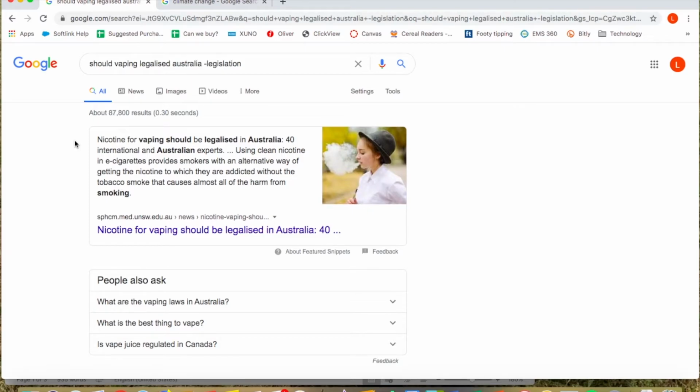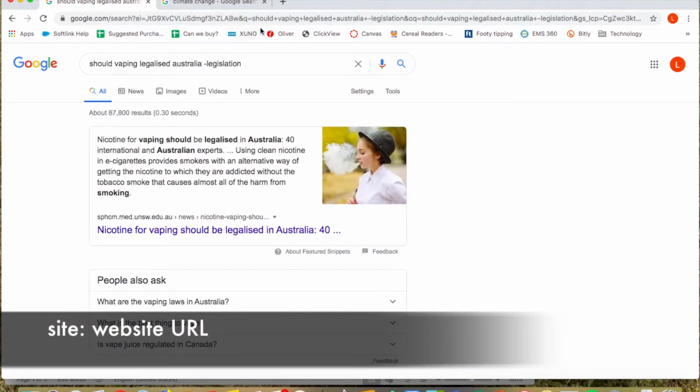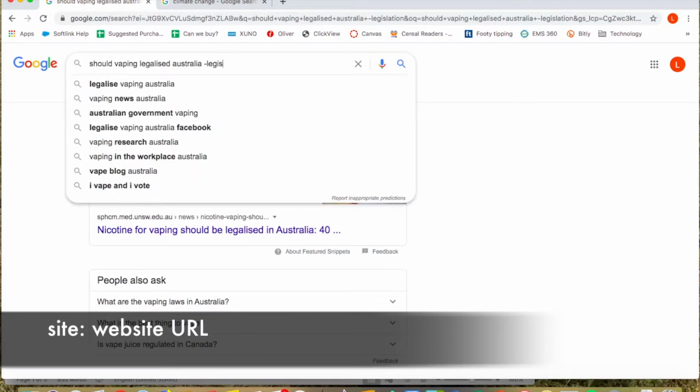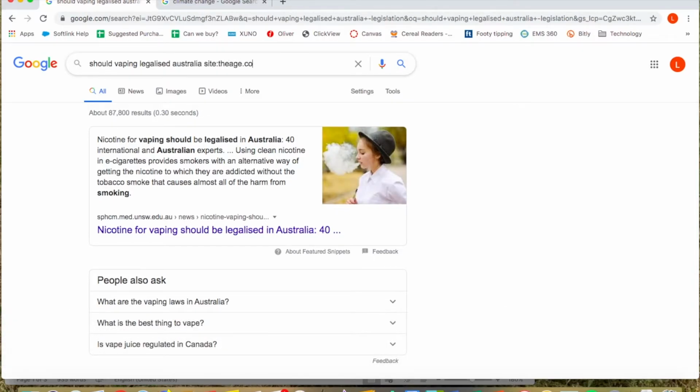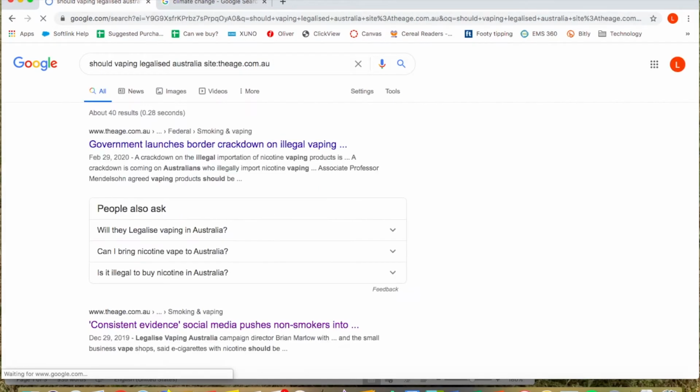Something else we can have a look at is limiting to certain sites. If we stay with the should vaping be legalised topic, say I needed newspaper articles, in particular from The Age, or I knew there was a great article in The Age about this topic. If I type in site: and then the whole theage.com.au, I can see every result comes from The Age, and there's only 40.